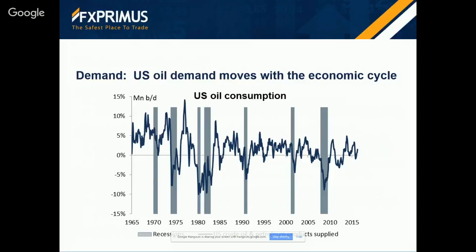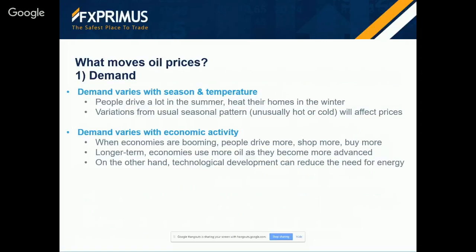You can see in this graph how oil use tends to move. This graph shows the year-on-year change in oil prices, the line, and the shaded areas are the periods of recession. You can see how oil use tends to fall during recessions, the gray areas, and it tends to increase during expansions, the white areas. This is why oil prices respond to indicators of overall economic conditions, such as the GDP figures, the purchasing managers indices, consumer sentiment, retail sales, etc.